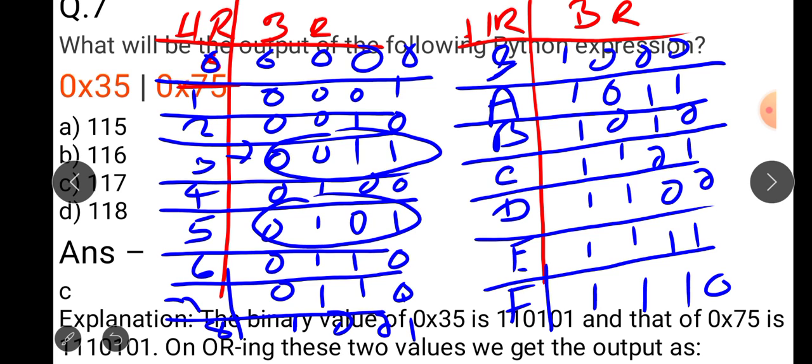Okay, in the same way you can also find the binary representation of the hexadecimal number 75. So just see the representation of 7. The representation of 7 is 0111, and 0101 is the binary representation of 5. So just combine these two binary representations, and we can easily find the binary representation of 75.